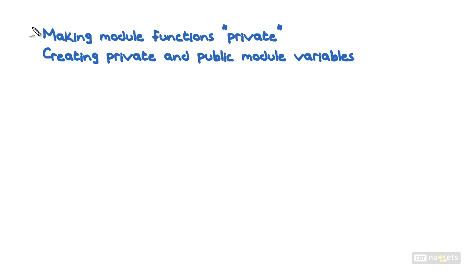So now you know how to use export module member to make public specific functions within your module, which has the effect of making everything else private. And I've also shown you how to use that technique to make a private variable or a public variable. And when I make those public variables, I tend to make them as kind of a preference variable. They're often used to set the default for parameters that are used by